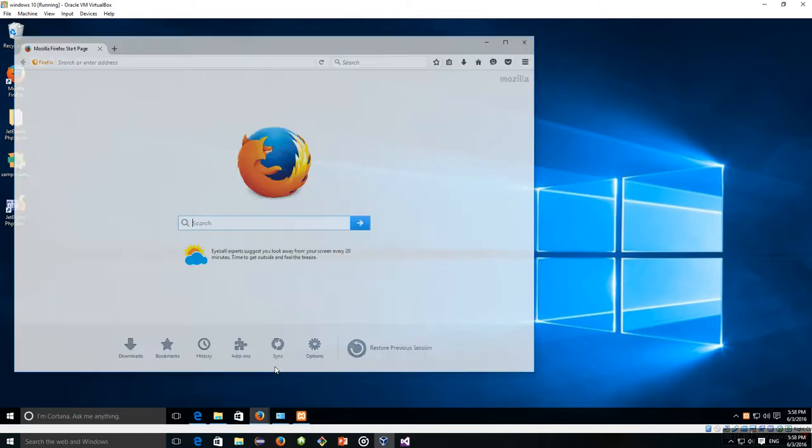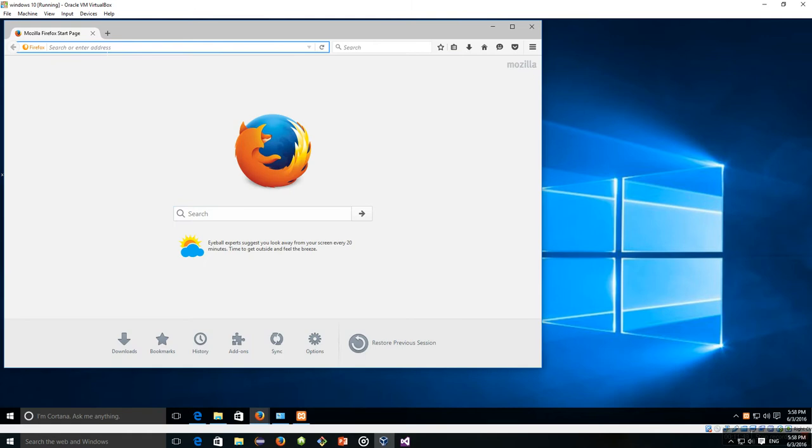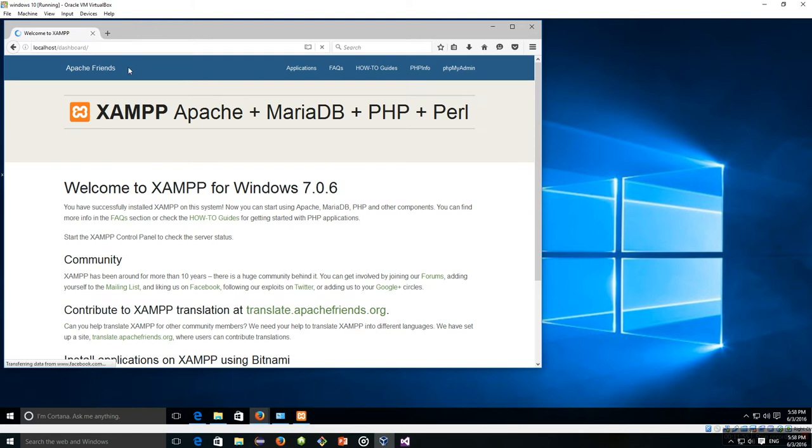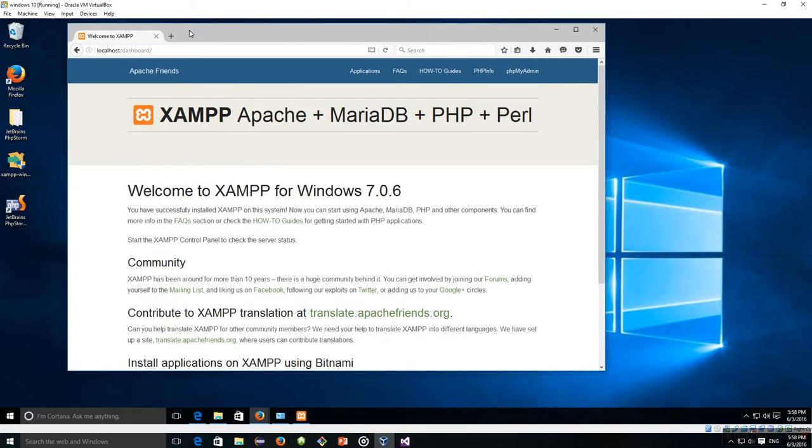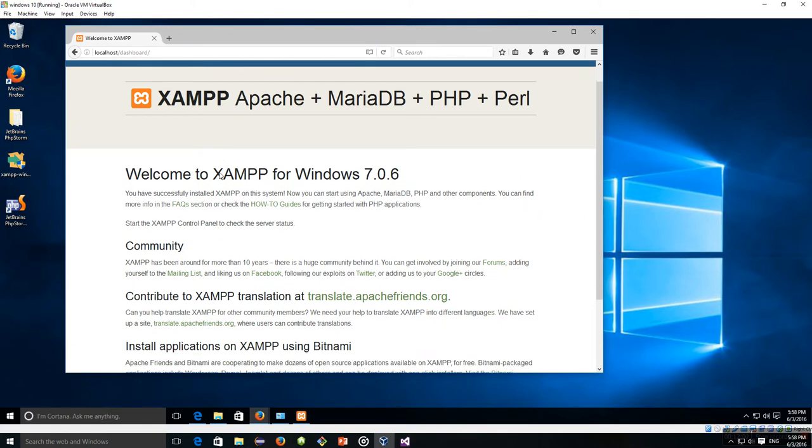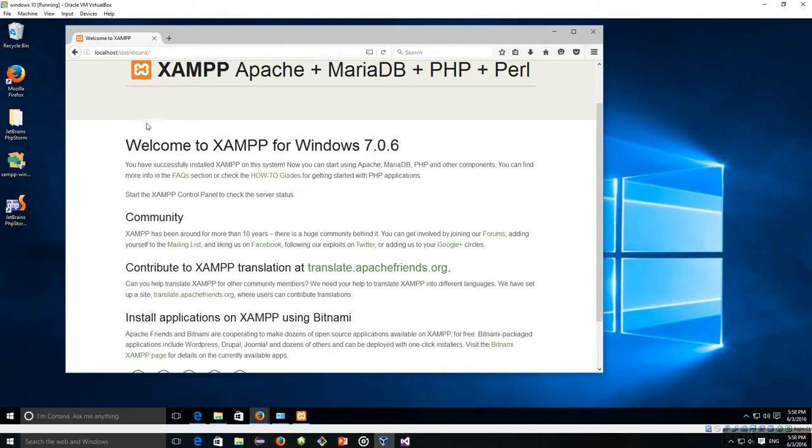Now let's go to the web browser and type here localhost. LOCALHOST, and nothing. So there is a page which has been loaded which says welcome to XAMPP for Windows 7.0.6. This page is loaded locally. This page is not a concern with the internet. If I disable the internet,